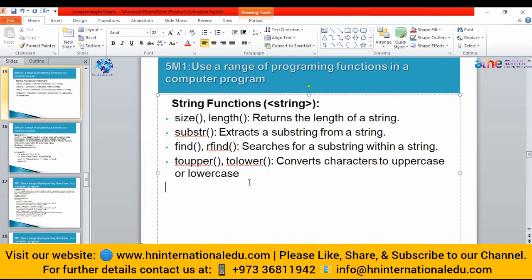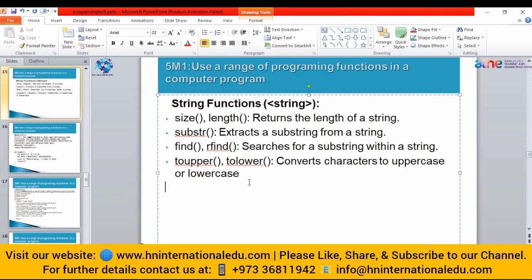Now, there are different functions provided by C++ so that we can use them on our strings. Like if I want to know the length of the string, meaning how many characters are there in the words programming language, then you can use size or length. It will give you the length of the string.